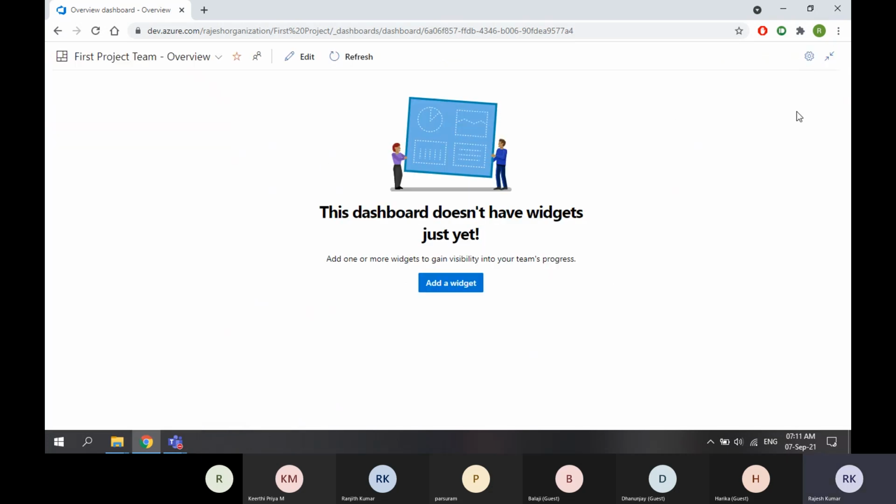What happens in some of the organizations or some of the teams, they want to display the current statistics of their project on a monitor or on a big screen. So if you are working in a team, there will be a big screen displayed on your, sorry, just a second.